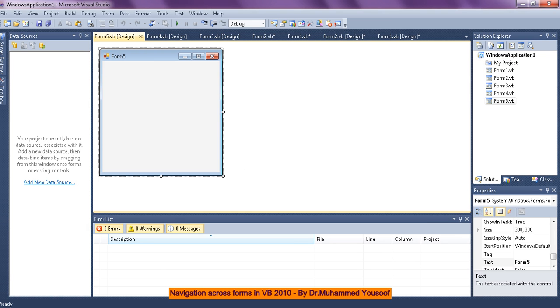So you will design your 5 forms according to what you would like to have. But now I am not going to use the form 3, 4, 5. I just show you how to create 5 forms in one project. Now I will show you the form 1 design. Can you see here? Design of form 1, design of form 2, form 3 design, form 4 design, and form 5 design. I already wrote some code for form 1 and form 2. That's why this coding window is appearing here.